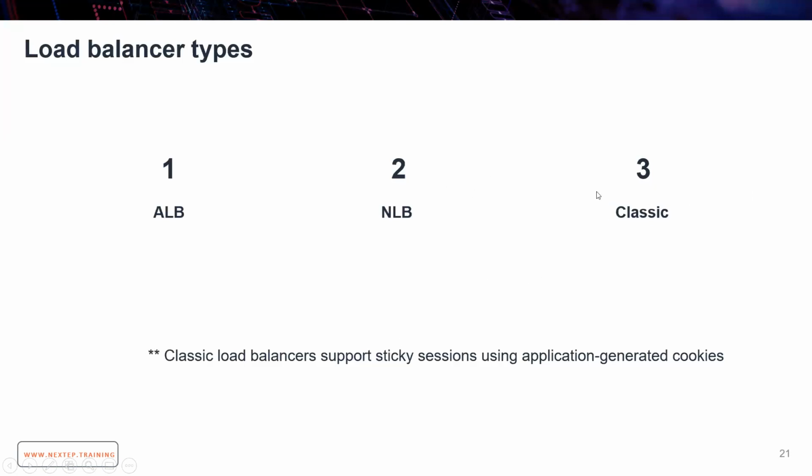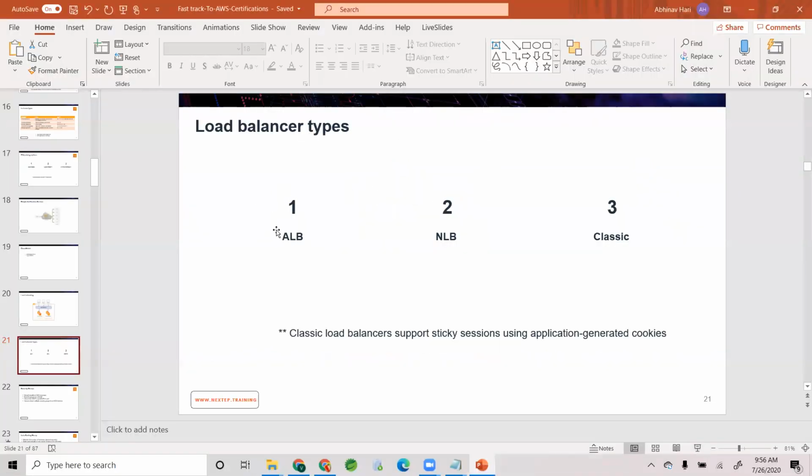This supports session stickiness, but the network load balancer is at the layer 4 level. Application load balancer is at the layer 7 level, and it is for HTTP and HTTPS. And this one is at the layer 4 level. There is no concept of HTTP or HTTPS really. It's more of a TCP, UDP kind of approach, right? You can do your UDP load balancing for your gaming applications, etc. So these are the load balancer types,